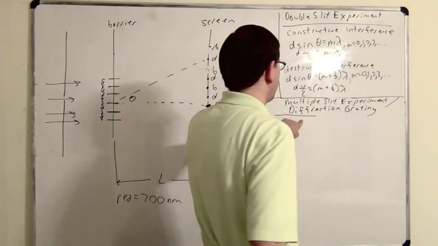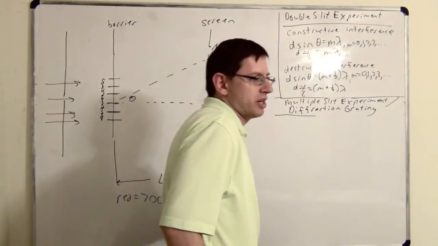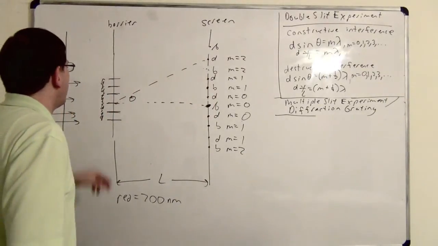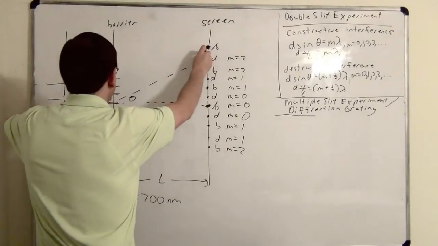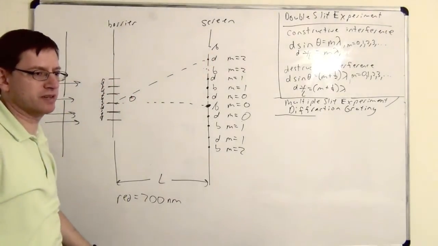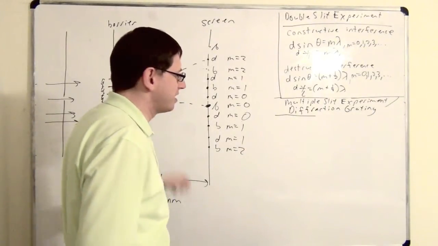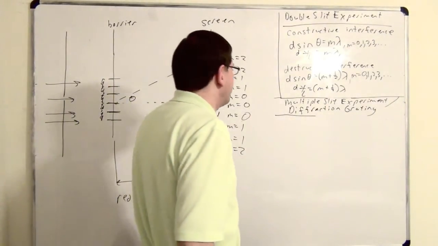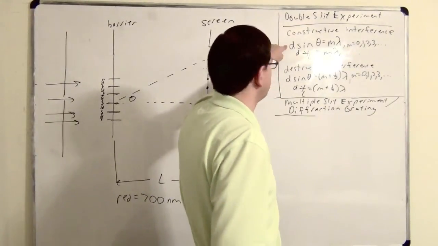Now, what's the equation going to be for the diffraction grating? Notice that now the analysis is going to be much more confusing because there's going to be a bunch of different light rays hitting each point. There's going to be a light ray from all of these different slits. So there seem to be many different possibilities for constructive and destructive interference. It gets too confusing for me to understand how it comes out. But in the book, they came up with an equation anyway. And the nice thing is, it's the same equation as the one here.